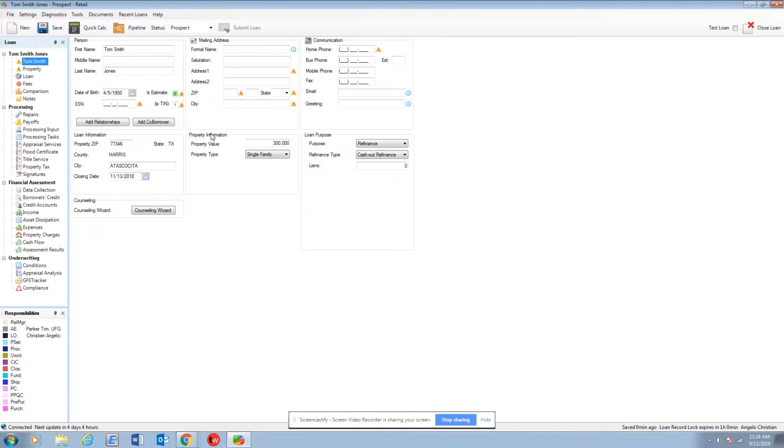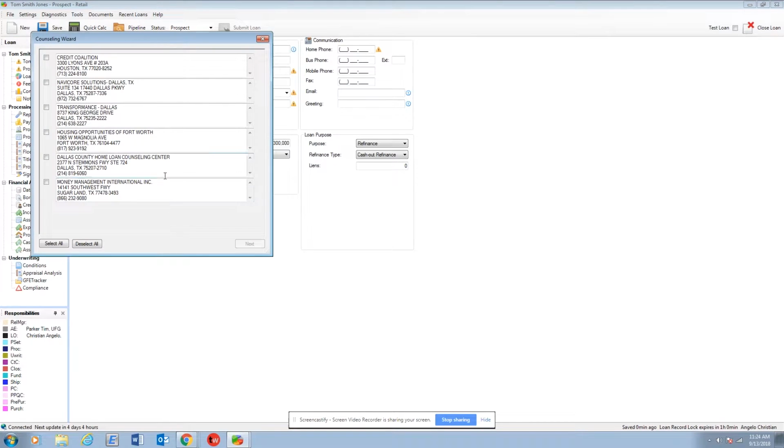So we have an example here of a customer named Tom Smith Jones, and he is 69 years old. And this is in Houston, Texas. He has a property value of $300,000. His home is free and clear, and he wants to do a reverse mortgage HECM. And so the first thing we can do is go to here, and you'll have your counseling agency